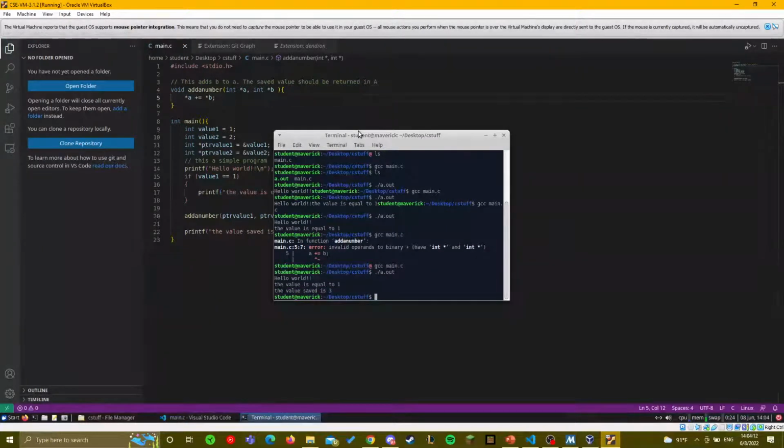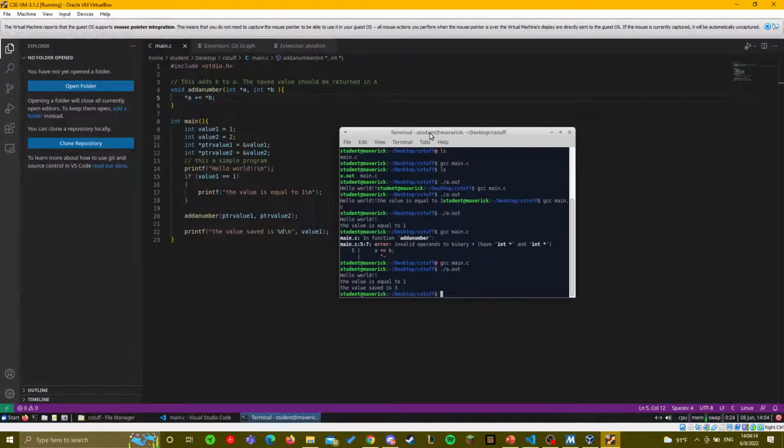There you go. So now you can see that the value has changed.